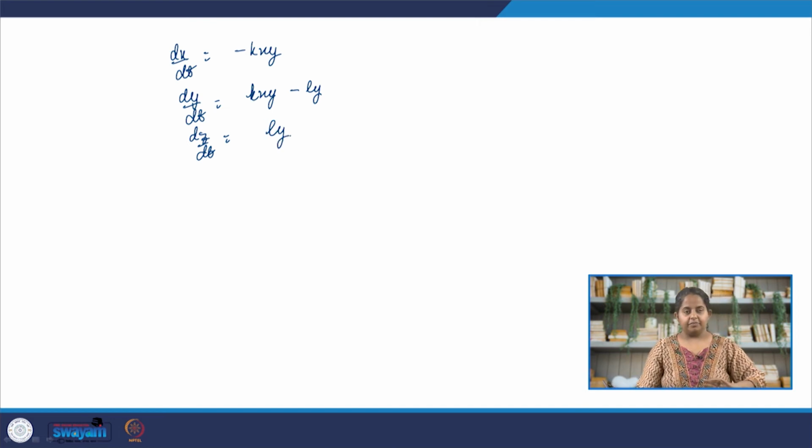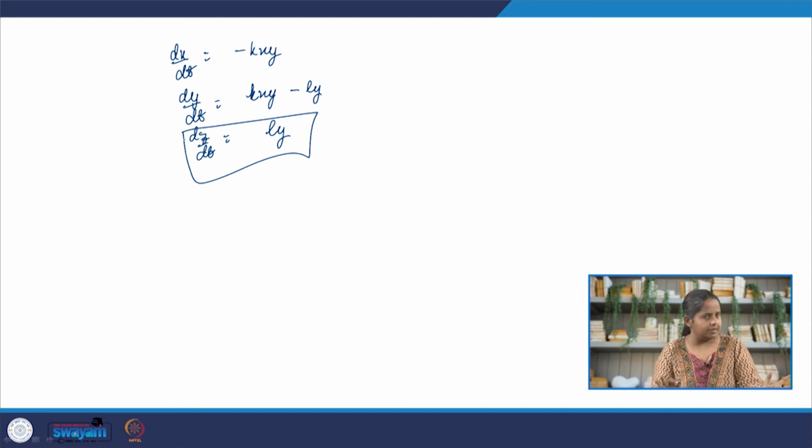So notice here, the first two equations don't have z in them. They don't have the number of dead people in them. So we can say that this is not affecting the first two equations, not affecting dx/dt and dy/dt. So we can say this is a 3D system, but we can treat it like a 2D system, right? So now we have dx/dt is equal to minus kxy, dy/dt is equal to kxy minus